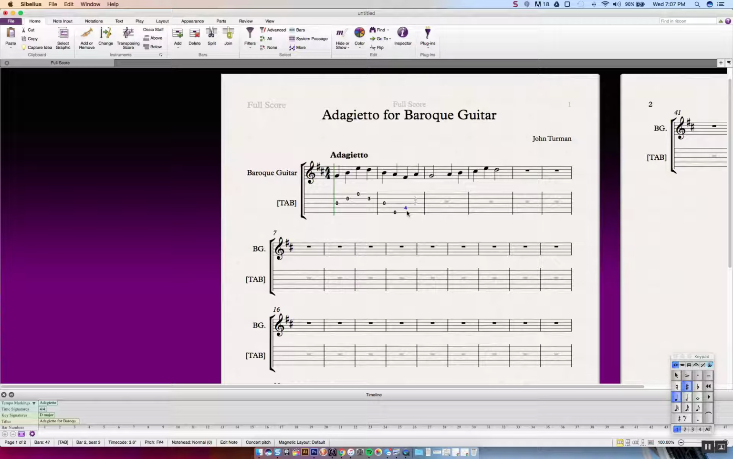And then, okay. Wait, is that correct? Yeah, that's correct. Okay. And then back to open. And of course, we know why that sounds there. And then,